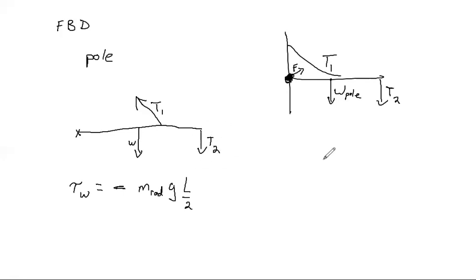What about tension 2? I know that tension 2 just equals the mass of the sign times G, because it has to support the weight of the hanging sign. And I know that it's going to give rise to a negative torque about this pivot point, and the lever arm or moment arm it has is the full length of the rod. So the torque due to the sign is simply going to be minus the mass of the sign times G times L.